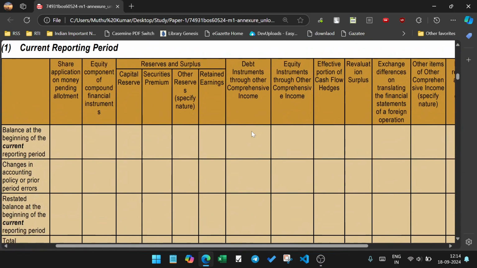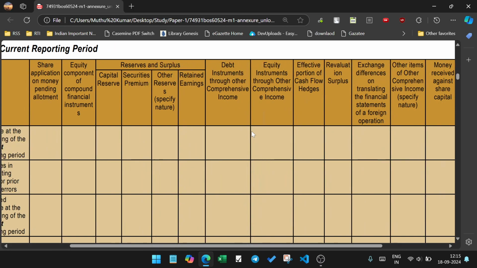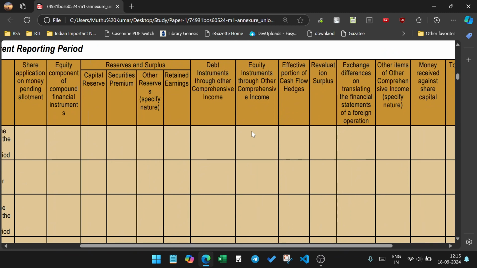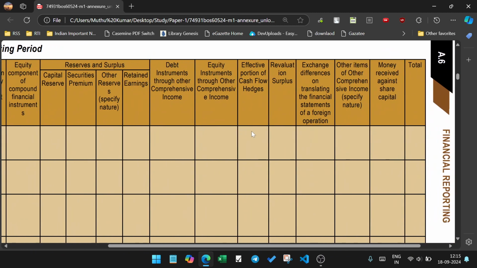So the other equity: share application money pending allotment, equity component of compound financial instruments, reserves and surplus, capital reserves, securities premium, other reserves, retained earnings, debt instruments through other comprehensive income, equity instruments through other comprehensive income, effective portion of cash flow hedges, revaluation surplus, exchange differences on translation of financial statements of a foreign operation, other items of other comprehensive income of a specific nature, money received against